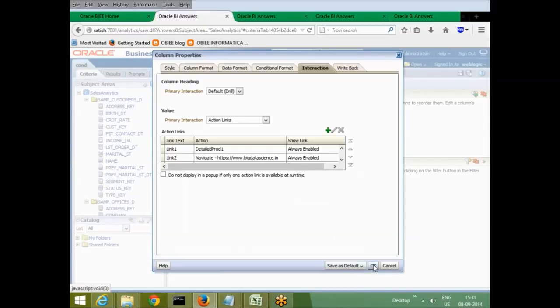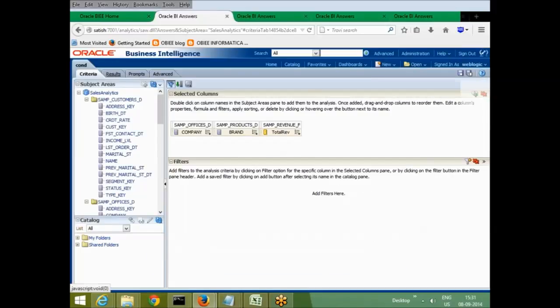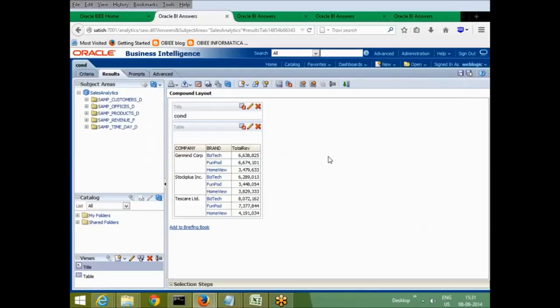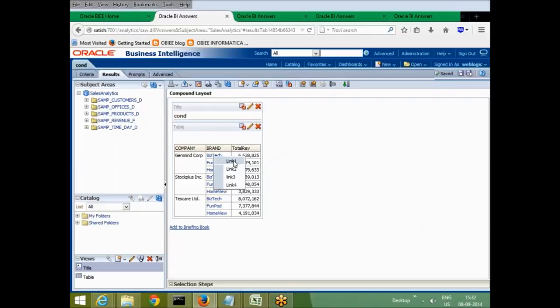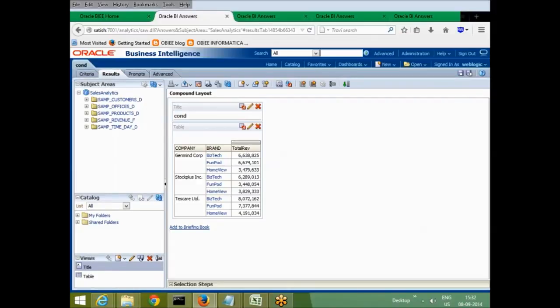So there are some links created and just done. Okay, so now though we have not created any hierarchy on this column, but you can still see hyperlink activated. And when you click this column, you will see what are the links you have selected. And when I select it, let me see this. So whatever you select, right now I am selecting link 1. So immediately,